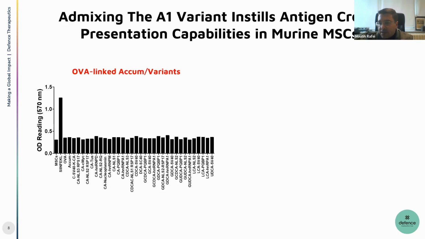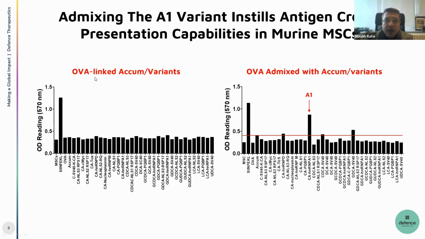And what we noticed in this case is that if you use the OVA-linked A1 variants, and these are the different variants we've tested, we were not able to have any kind of effect on the cell. So the cell was not able to cross-present antigen. And by cross-presenting, I mean you capture an antigen, you process it, you present it on the cell surface to activate T cells. The interesting part, however, is that if you admix, so you just mix the A1 variants with